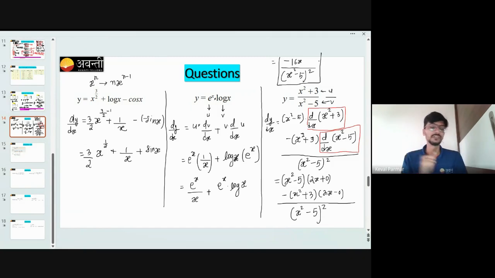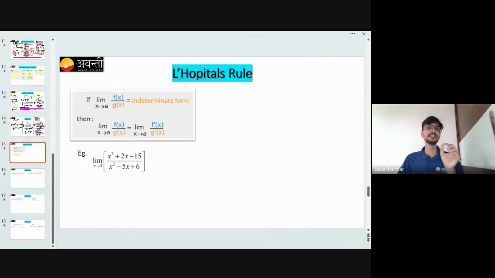Now, next, if you know this, let's learn what L'Hopital's rule is. Let's learn what the LH rule is. If you remember, when the direct substitution method gives us one of the 7 indeterminate forms, then we apply the LH rule, which is L'Hopital's rule. So for questions where we cannot solve the limit by direct substitution, we use L'Hopital's rule. L'Hopital's rule says that, just what I said, if limit x tends to a of f of x upon g of x is an indeterminate form, it can be any of the 7 indeterminate forms,